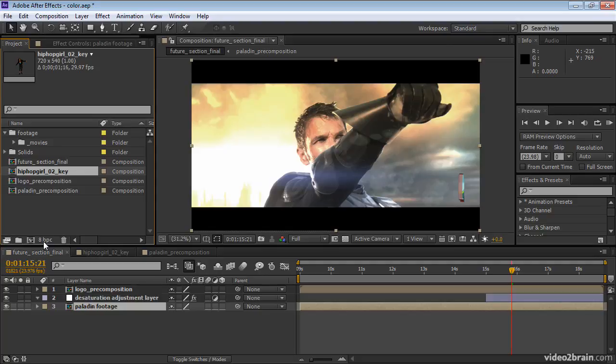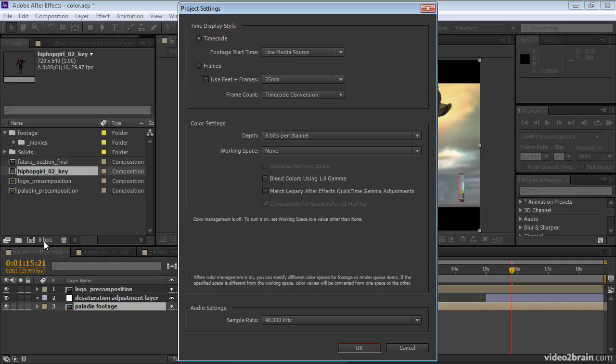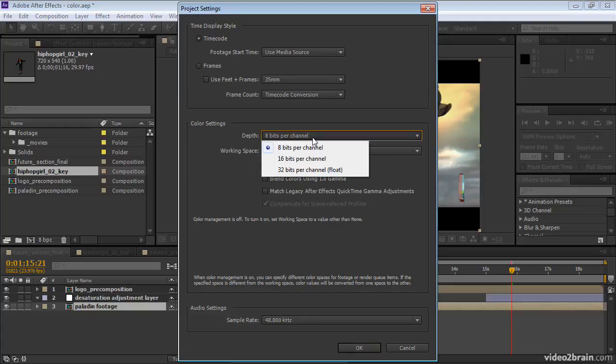There's another way to choose the project's color bit depth settings, and that's to click this value instead of Alt-clicking it. That opens the project settings dialog box, and you can choose depth here. 8 bits per channel, 16 bits per channel, and 32 bits per channel. Notice that the word float is next to 32 bits per channel. That's because 8 bits per channel and 16 bits per channel use integer representations, but 32 bits per channel uses